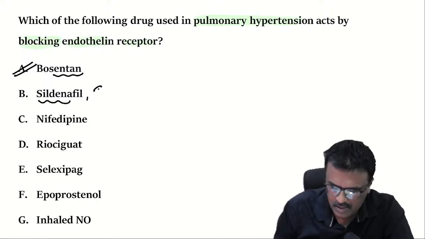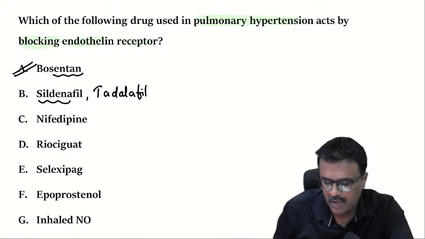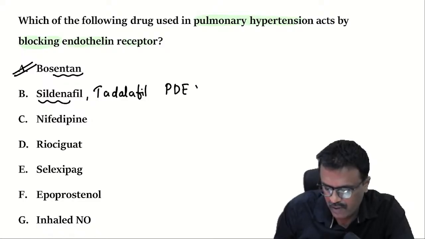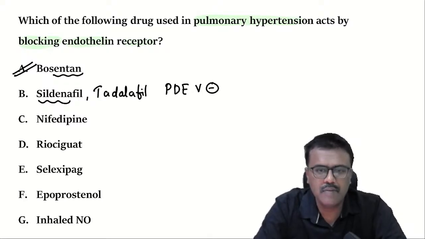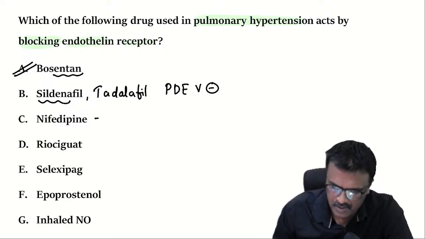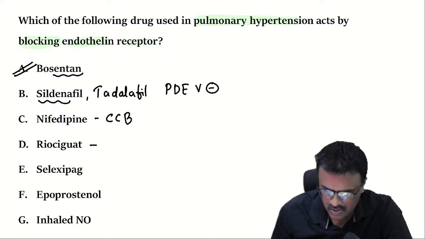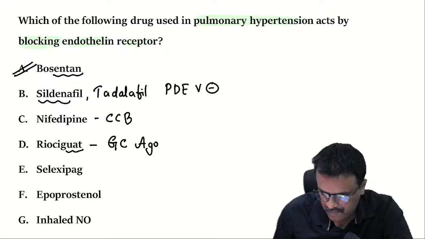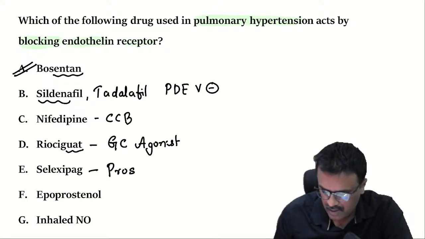Sildenafil and a drug called tadalafil. You know that they are phosphodiesterase 5 inhibitors. They are used for erectile dysfunction, but they are also used for pulmonary hypertension. Nifedipine is a CCB, also used in pulmonary hypertension. Riociguat, guat means it's a guanylyl cyclase agonist. Then we have selexipag. It is a prostacyclin